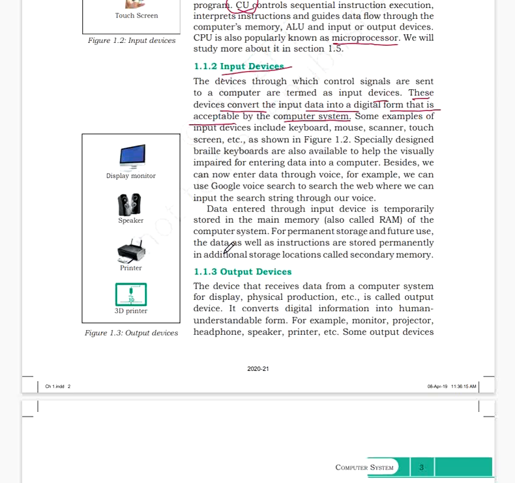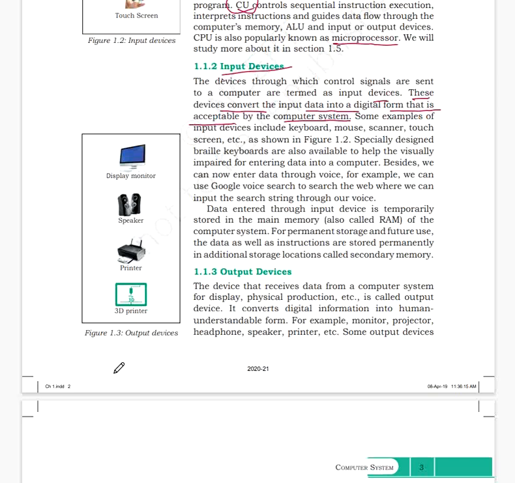And after taking input, this input device sends data to the CPU after converting it into the computer acceptable form. Basically, a microphone is responsible for taking the data in the form of voice and converting it into the computer acceptable form, that is in the form of 0 and 1. In the same way, a keyboard is responsible for converting the text that is typed by you into the form of 0 and 1 that can be easily understood by the CPU.